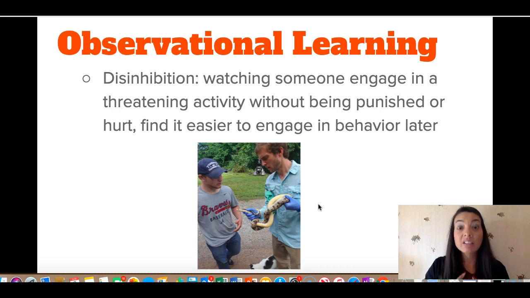It's kind of scary to me, i.e. dangerous, right? That's why I don't want to handle the snake. But if I watch somebody engage in this seemingly threatening activity, and I'm exposed to that several times, I might find it easier to hold a snake, i.e. engage in that behavior later on.